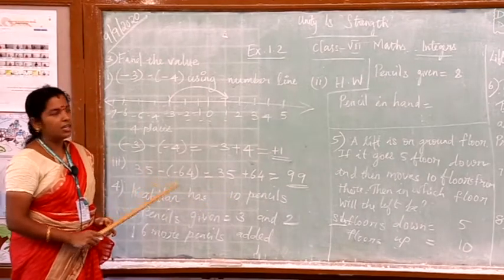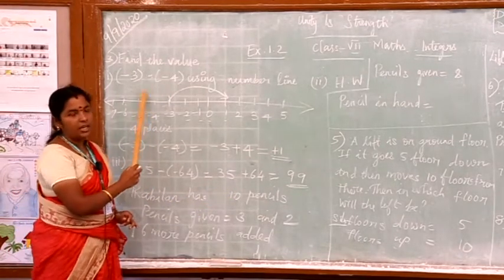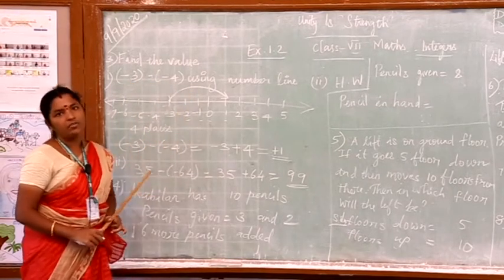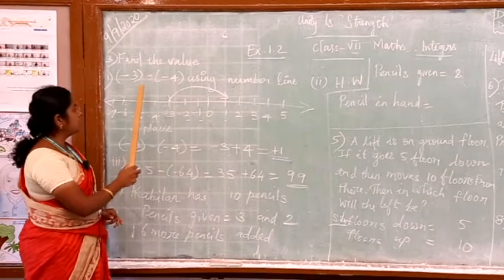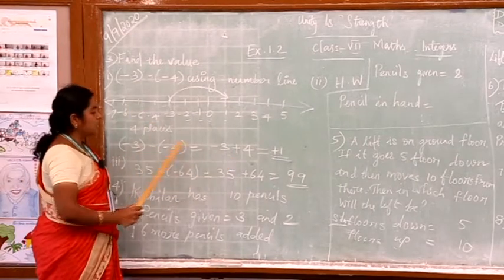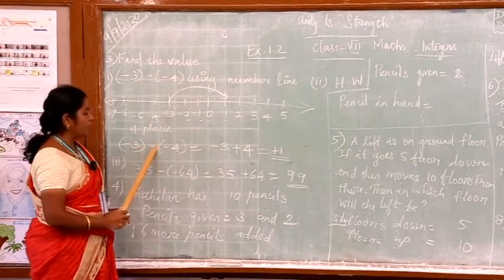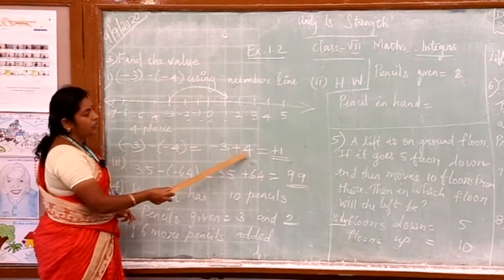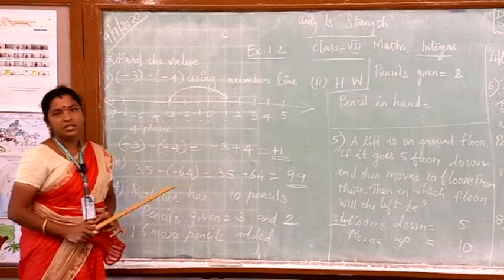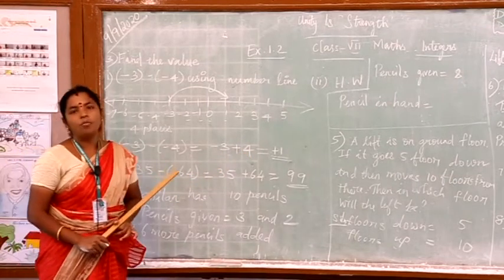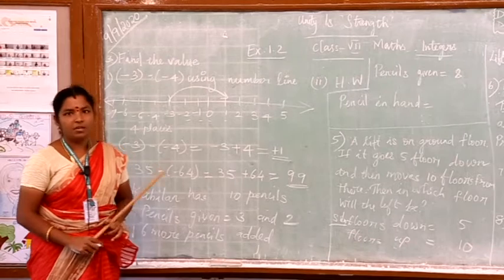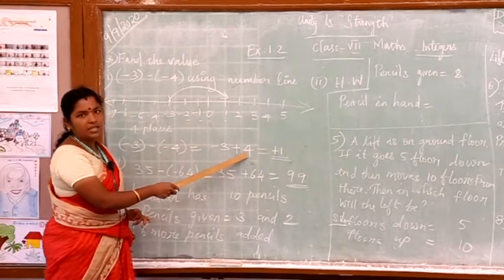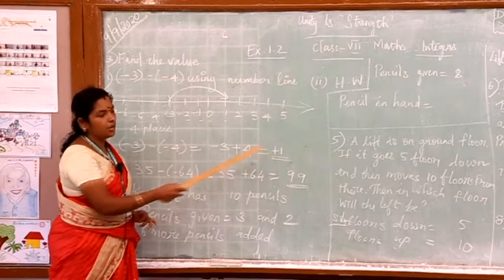Okay, I think it is clear for you. So, I will repeat the question again: minus 3 minus of minus 4 using number line. We are going to find the answer for this. First we will solve the numbers: minus 3 minus of minus 4, minus of minus becomes plus here. So, plus 4, which is equal to, now you can use the second formula: opposite signs, subtract and put the sign of the greater number. We subtract these 2, we get the answer, and we place the greater number's sign here. So, this becomes plus 1.